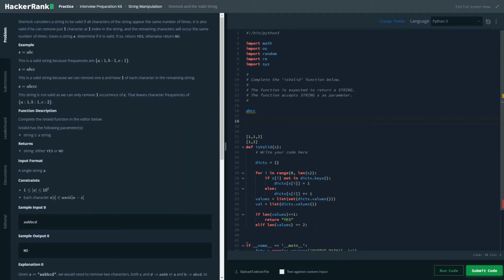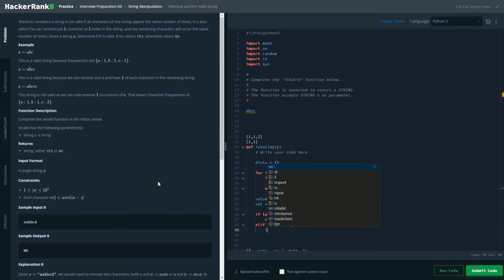So if the length is 2, then we would be counting how many times that value had occurred.